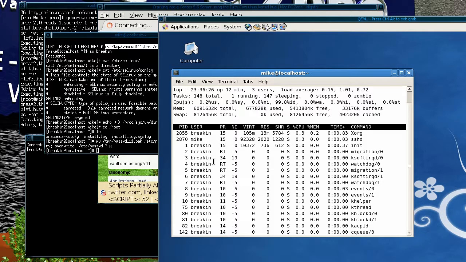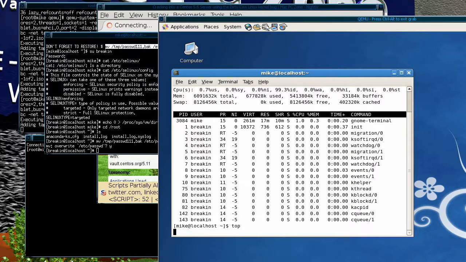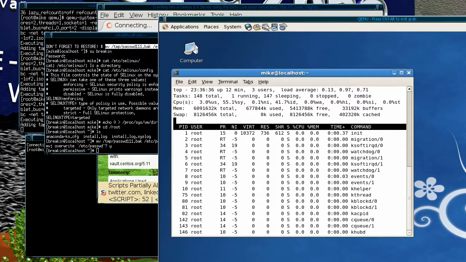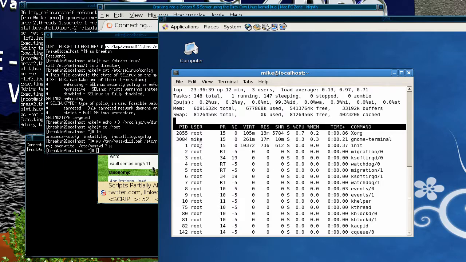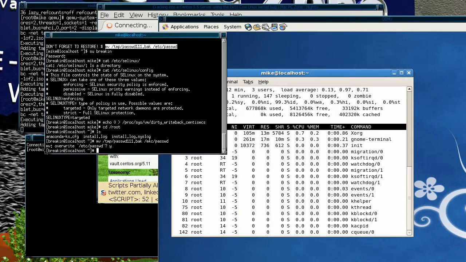That still says breaking. Now it's root again. So it looks like the exploit is pretty much broken in right at the beginning when